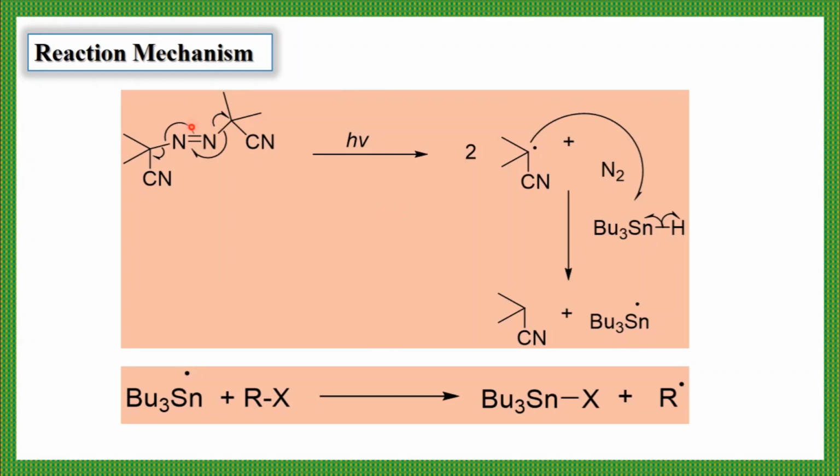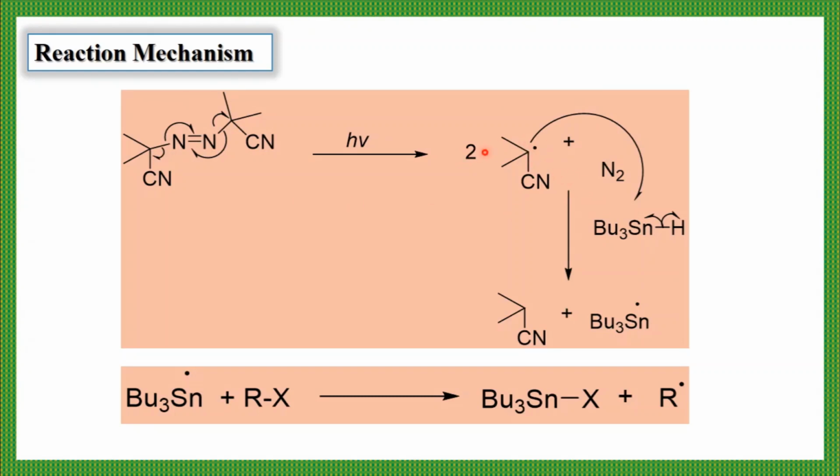So this is the structure of azobisisobutyronitrile, and it undergoes homolysis. It is a symmetrical molecule, and this sigma bond breaks homolytically. The electrons shift, and after breaking it generates a radical, and the same here. Then the two nitrogen radicals will form a bond and convert to an N2 molecule. Then this bond will break, and the radical will generate a C radical.